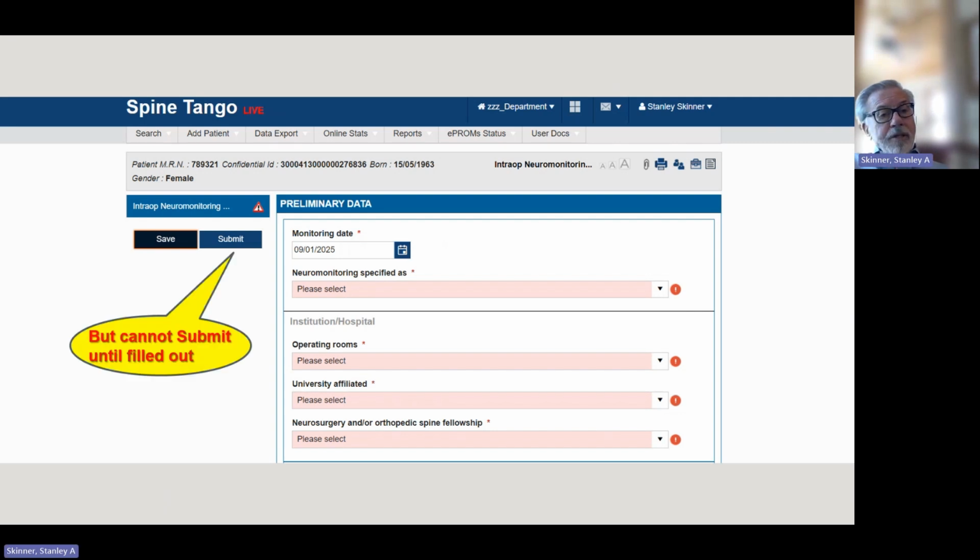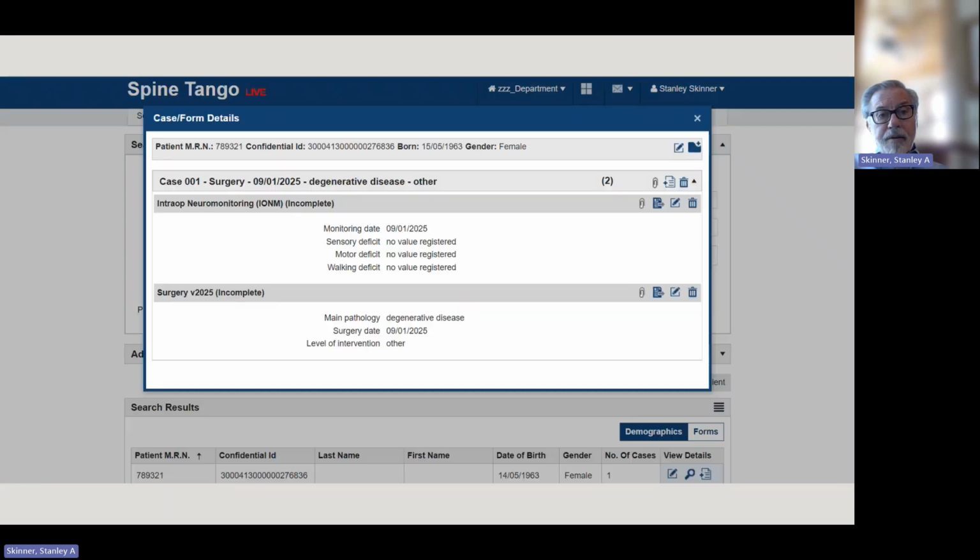The form cannot be submitted until it is filled out. Later, members of the registry can go in and check the status of forms. And in this case, we see 2 incomplete forms, for the surgeon version 2025 and the neuromonitoring form.